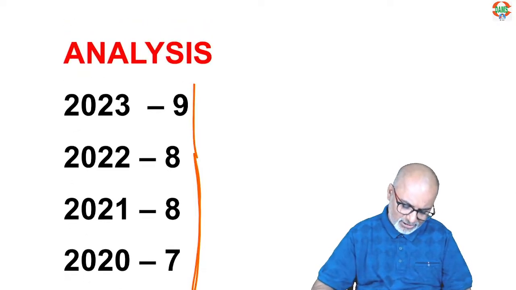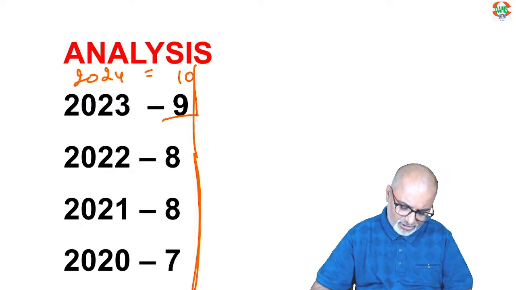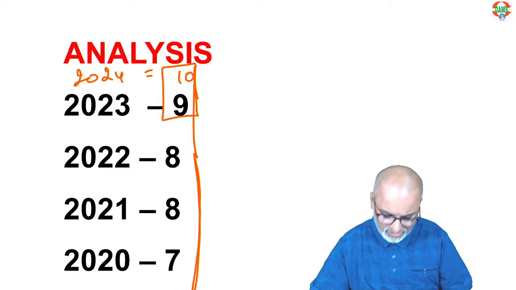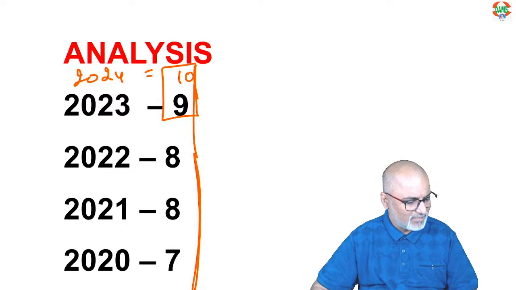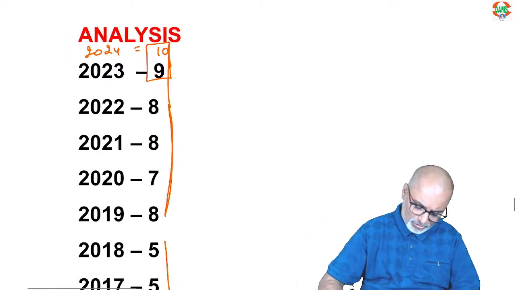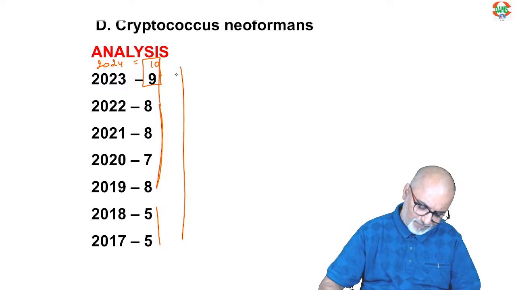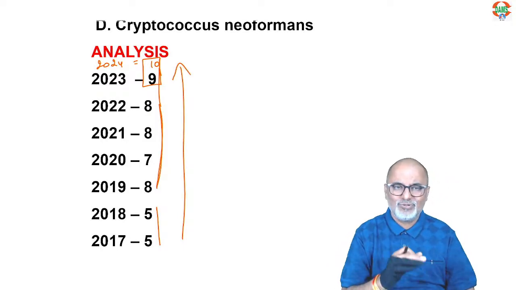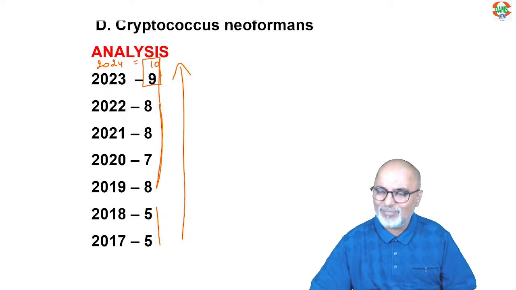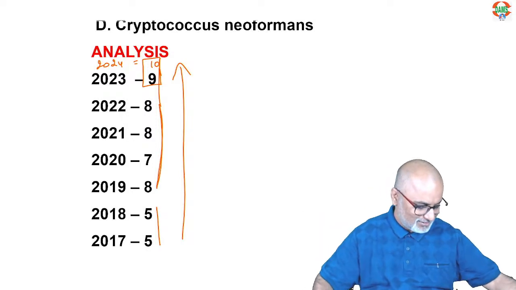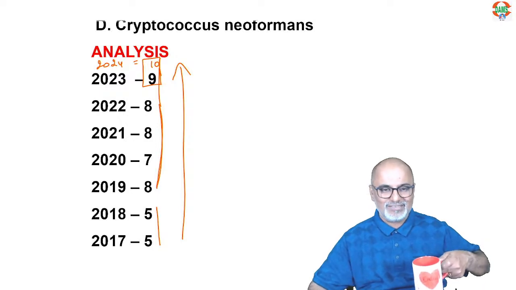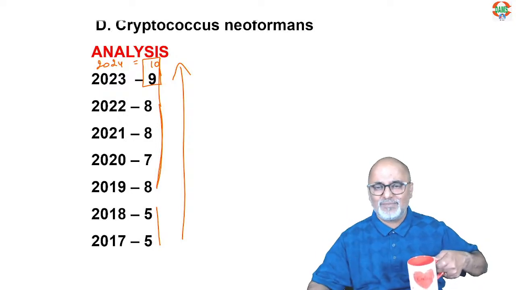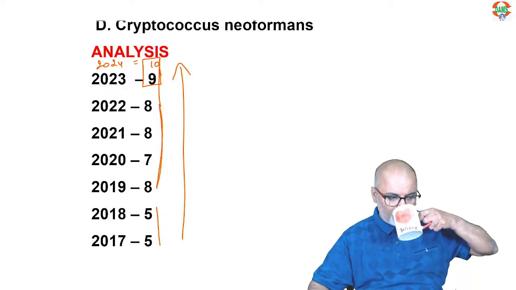2023, 9 questions. 2024, 10 questions. 2023 and 24, 9 to 10 questions came. Very significant. So slowly it is increasing. 7 years before, only 5 questions. Now double the amount, 10 questions. Like money doubling, every 7 to 8 years money becomes double if you put it in the bank. Same way, in 2017, if you were writing the entrance exam, 5 questions from micro.